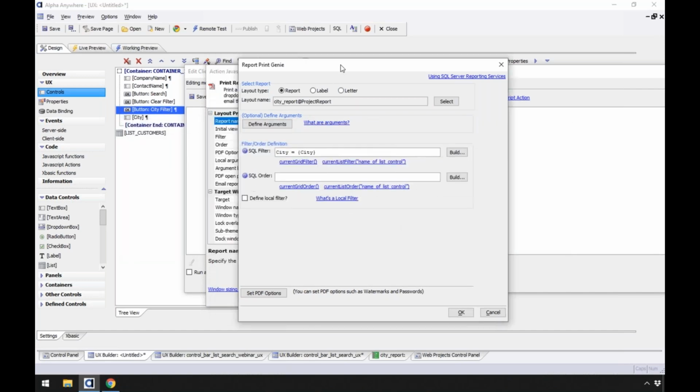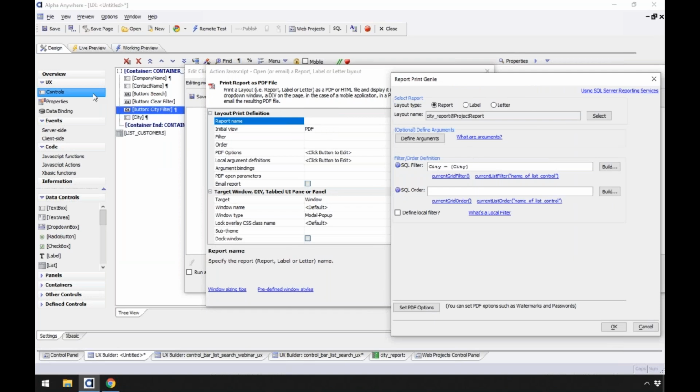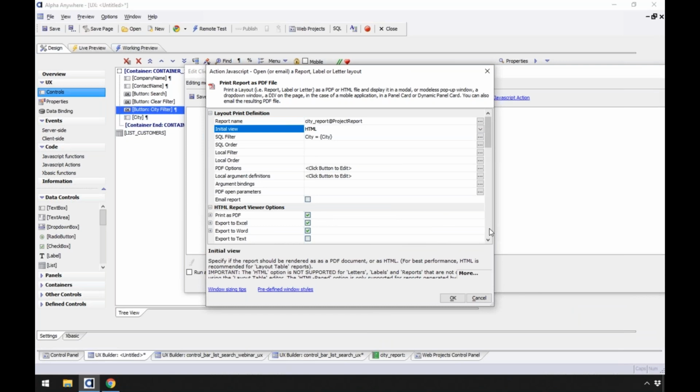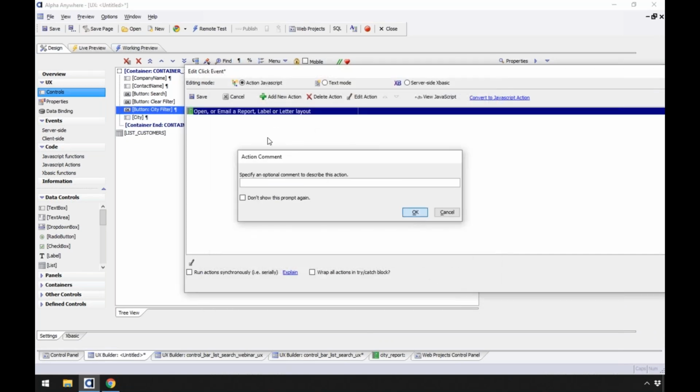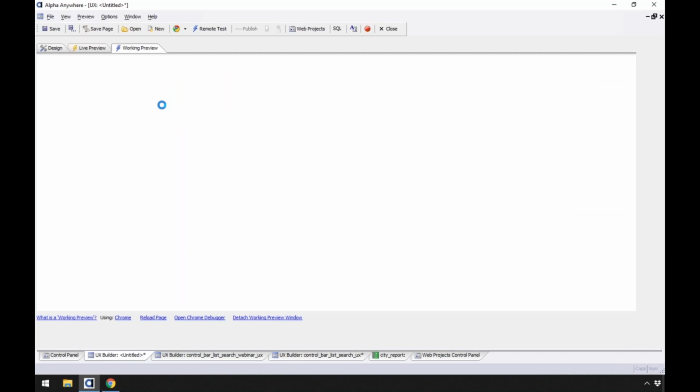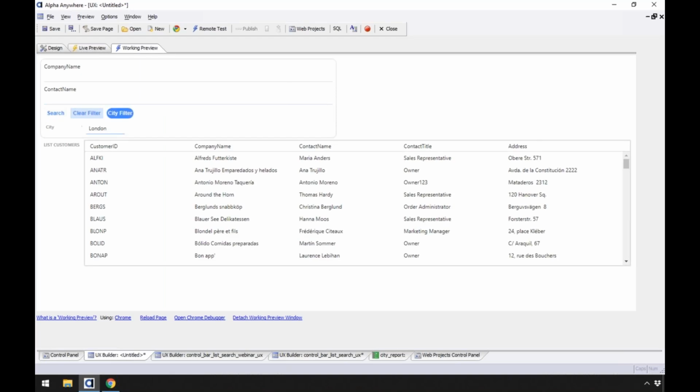So now what's going to happen is it's going to run this report, but it's going to grab whatever's in there and pass that into it to do the filtering. So I'm going to do the initial view HTML, and I'm just going to do it in a pop-up panel. Click OK. And let's go ahead and do a test here. So you'll notice now I have a button and a text area, and it's defaulted to London. If I click city filter,